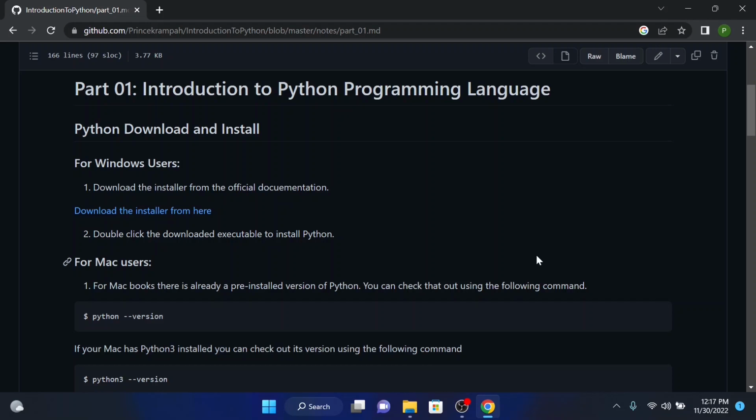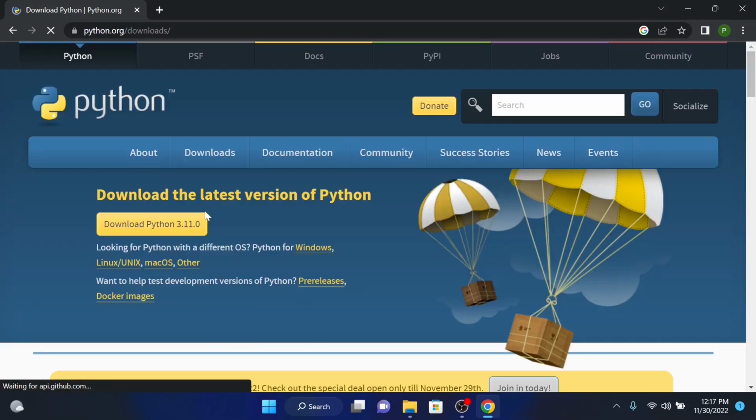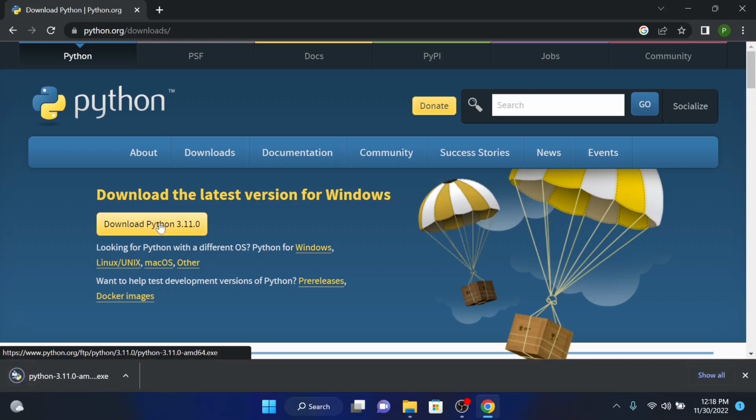So we're going to go ahead and learn how to install Python on our Windows machine. First of all, what we need to do is get the Python installer. I'm simply going to click on this link right here, and I'm going to share the document with this link so you can get access to it and work with it. You have to download the Python installer first, just like the way we install any application. It's going to download Python 3.11, and Python 3.11 is fine to work with. You can work with Python 3.8 and above.